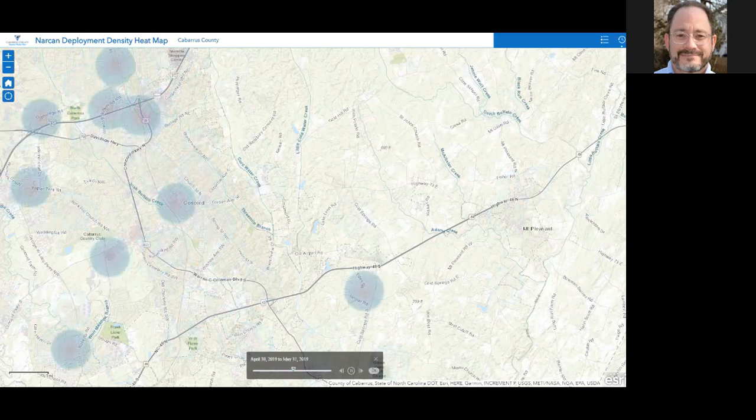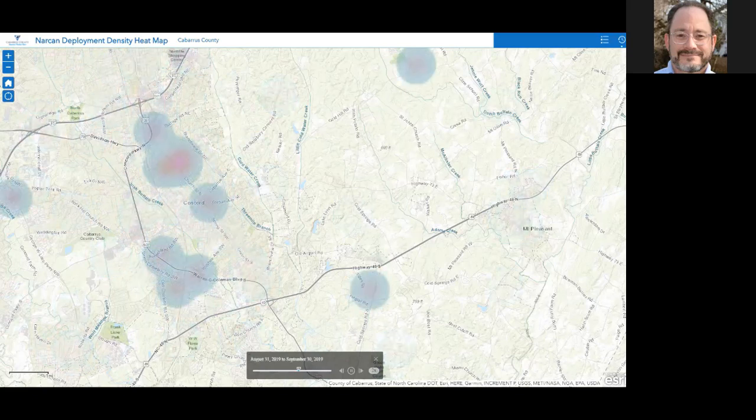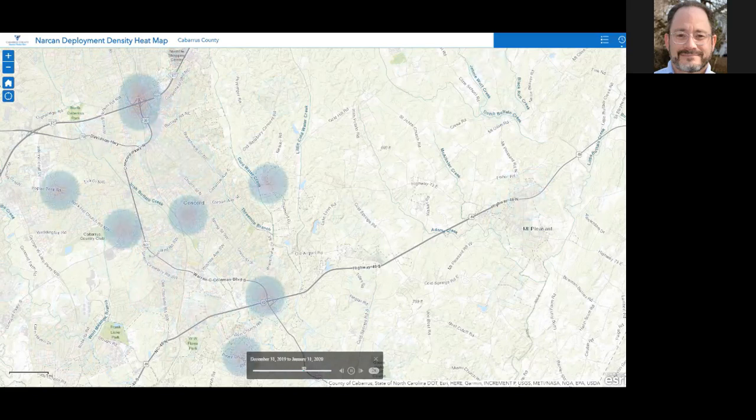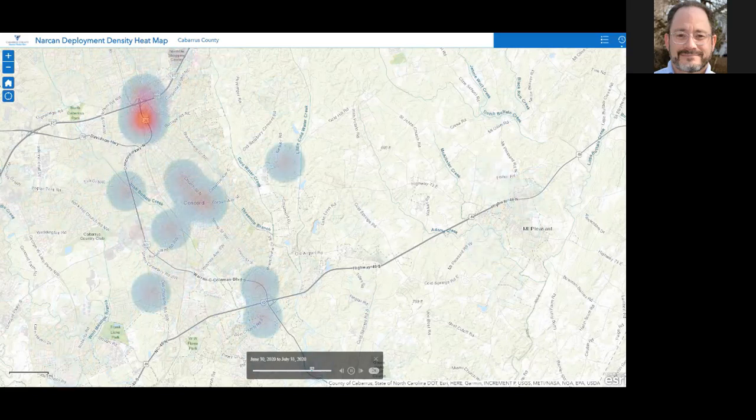And you can see that this data changes a lot over time, showing where the problem is across the county changes over time. And I think a lot of us have data that has a timestamp, and not often enough do we actually put it into time mode and are able to analyze it over time to make sure that we're adequately deploying the resources where they need to be today, not where they needed to be yesterday.